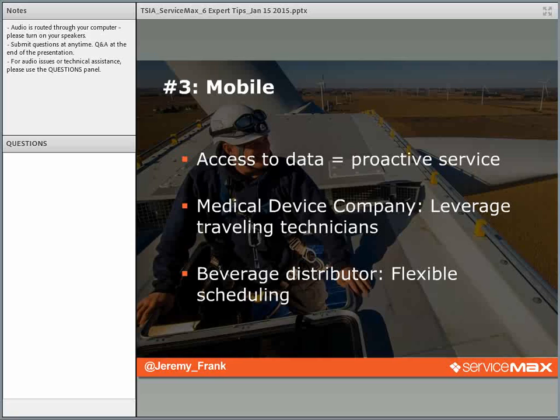And one of our people here was on a ride-along with this company, and they were at a work order. They were fixing a soda dispenser, and they were finishing up the work order. And the technician looks on his phone, and he sees that within the last minute or two, a new work order had been logged, literally 3 doors down from where they were. So they finished up the work order, walked 3 doors down, went into the store, and the woman who owned the store was absolutely shocked that she had just hung up the phone 5 minutes before, and there was a